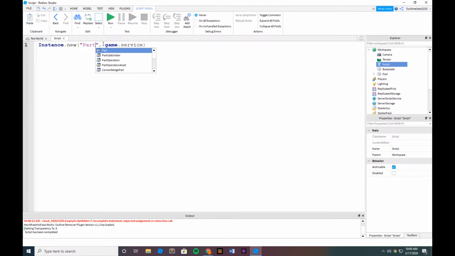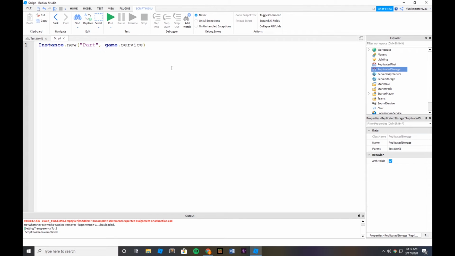So we leave the game part as it is, but we need to change the service part to whatever service we want a part to spawn in. For example, whatever parent we want it to be in. Workspace, players, lighting, whatever. So let's say workspace. That's all we need. Now let's wait 3 seconds first, and then we will print